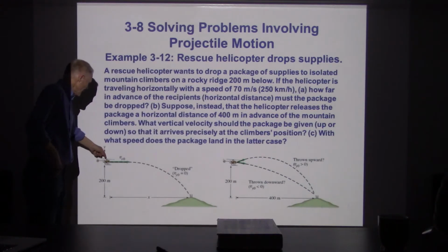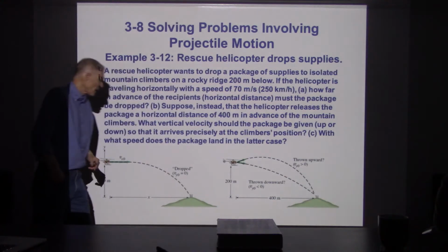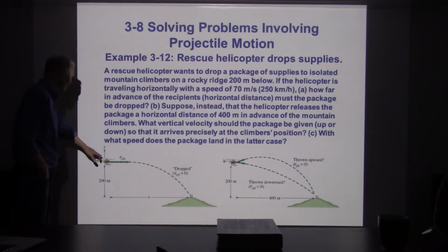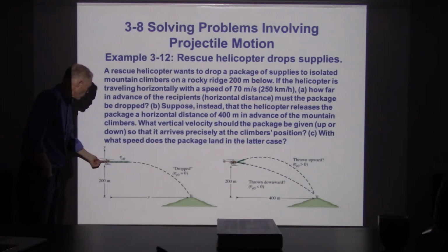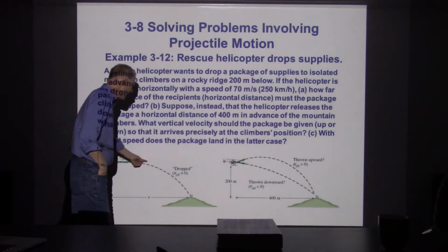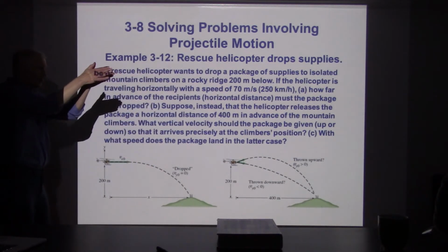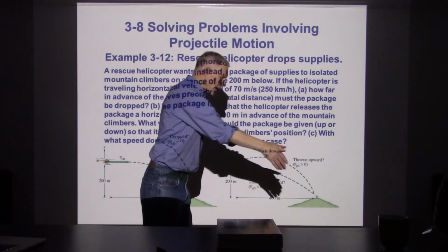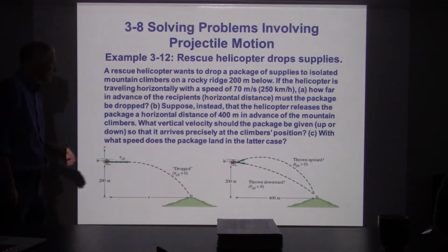The other thing the helicopter's got to be careful about is they don't want to drop the supplies right on the people. It would be better to have it land somewhere where the people could go and get the supplies rather than have them come right down on top. Let's see, how far in advance of the recipients should the packages be dropped? Now, this is an easier one. Here, we're just going to let go of the packages, and they are going to start with a horizontal velocity,